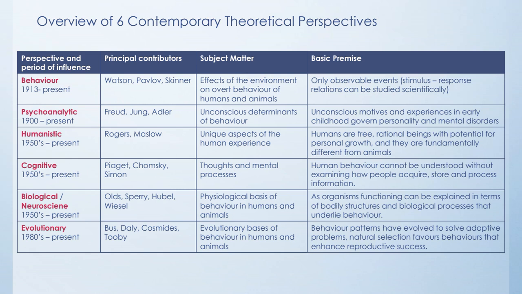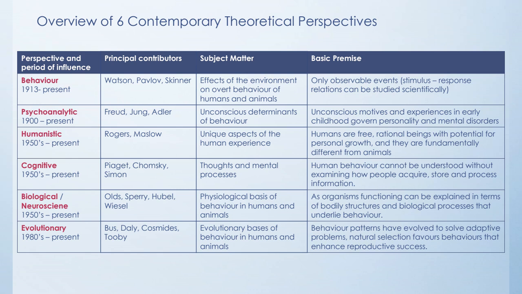Each one had a different kind of subject matter that they looked at and studied, and each one had its own basic premises. So if we had to look at those 6 contemporary, there are other perspectives that come in, but we call these the 6 contemporary theoretical perspectives. Okay, so those structuralist and